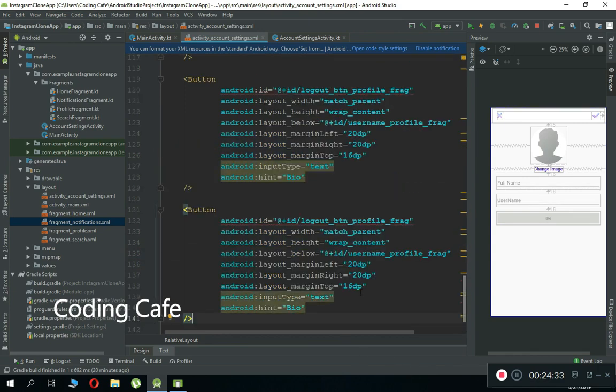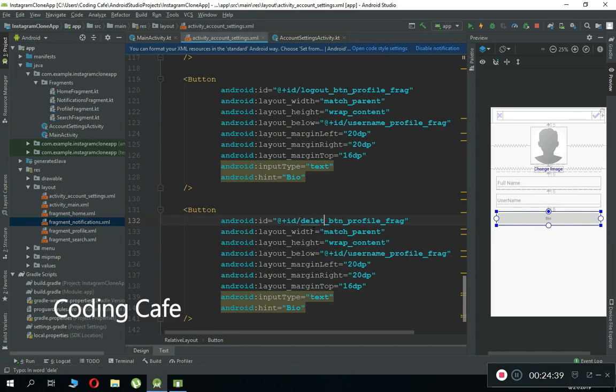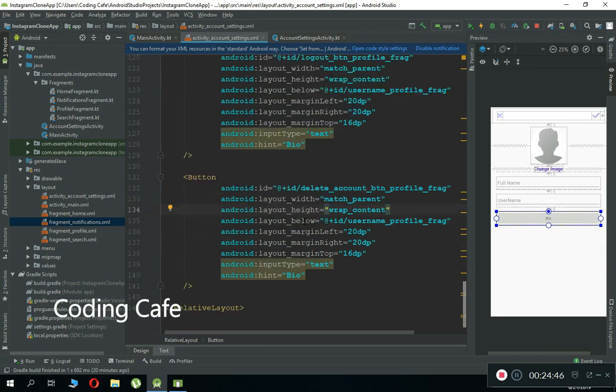So just copy paste this, and we can say delete underscore account btn profile flag. If you want, you can remove this profile frag for now. Now, because